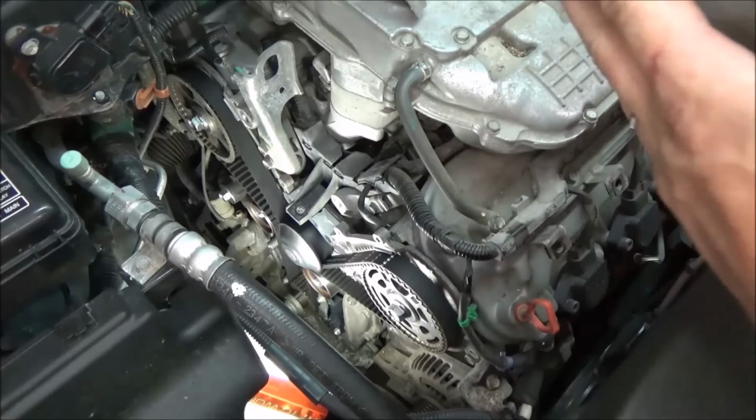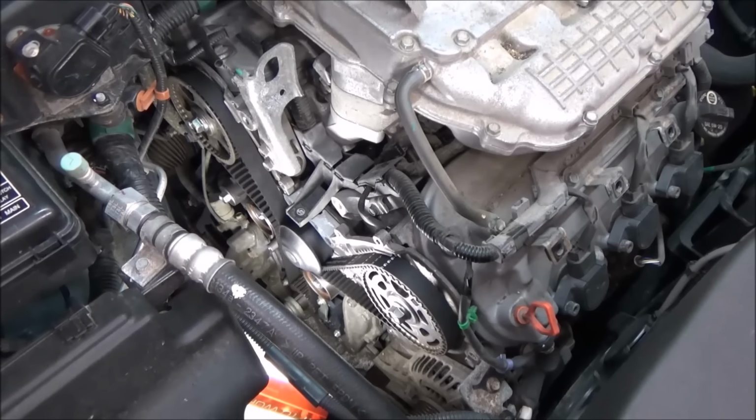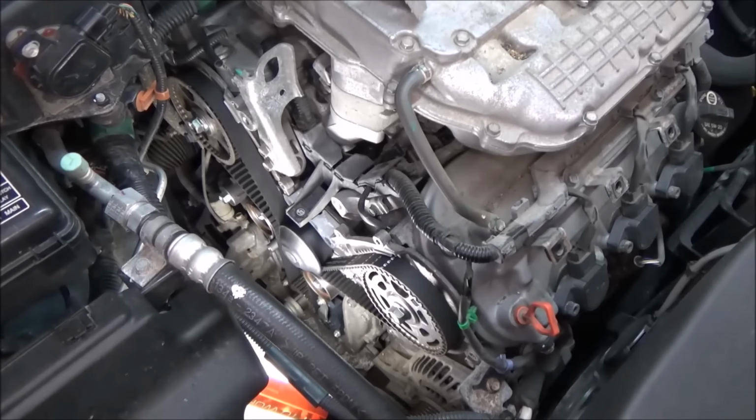All right, so what I'm going to do now, I got to grab a little Loctite. Got to Loctite this lower bolt here. That's the only one that had Loctite on it from the factory, so